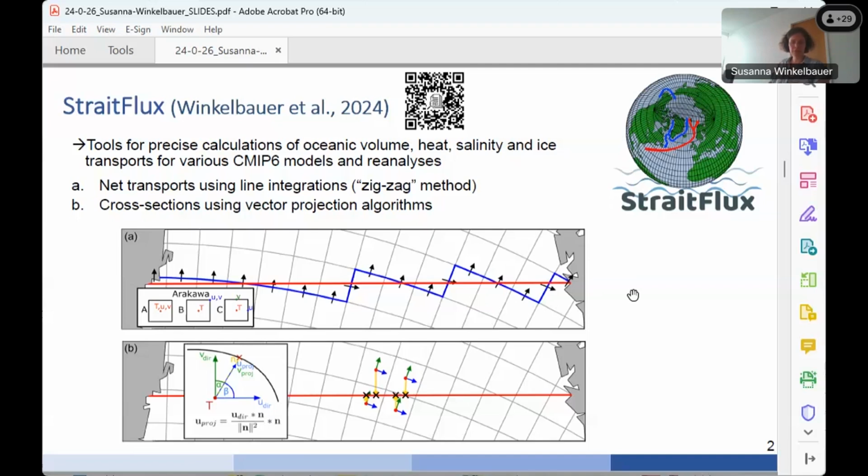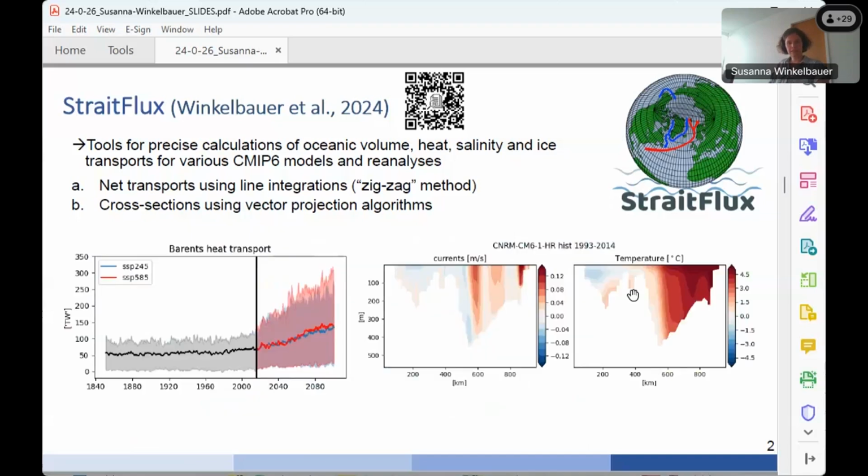And then in the end, we can create those nice cross sections as seen here in the middle, where we can assess the currents flowing in and out via those sections. Here in the middle, for example, we see the Barents Sea Opening, a section between Svalbard and Scandinavia, where a lot of heat is transported northward into the Arctic area.